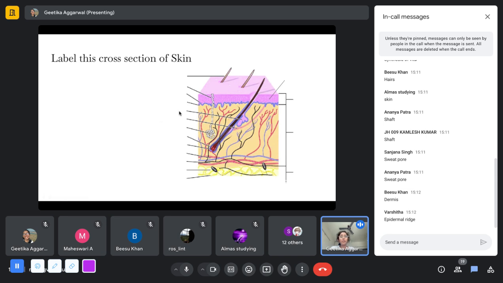And here we're trying to label different parts. What is this thing that is next to the hair? What is this called? This accessory glandular structure. It's a sebaceous gland, correct? And this muscle tissue that is connecting the hair to this layer of skin is called